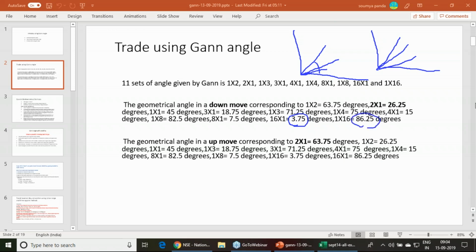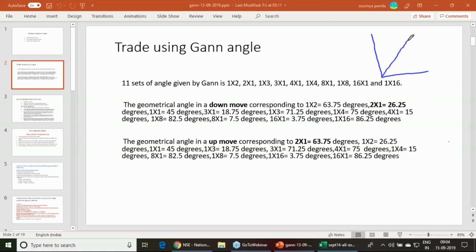This is what he innovated in the 11 segments we have made. This division of making it half, then taking one third, and then making it half again is known as the